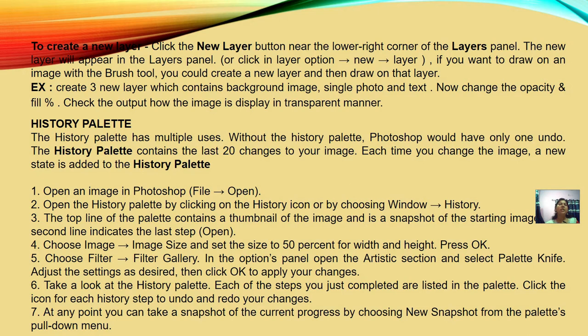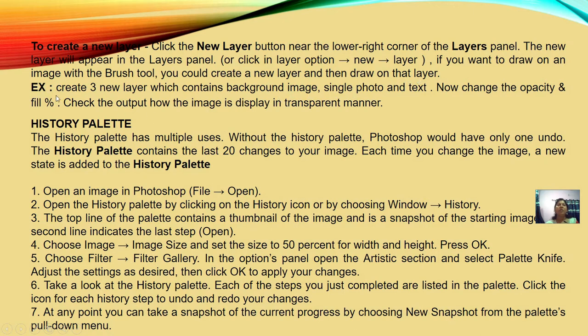To create a new layer, click the new layer button near the lower right corner of the layers panel. The new layer will display in the layers panel. Or click the Layer option, then New, then Layer. If you want to draw on an image with the brush tool, you could create a new layer and then draw on that layer.